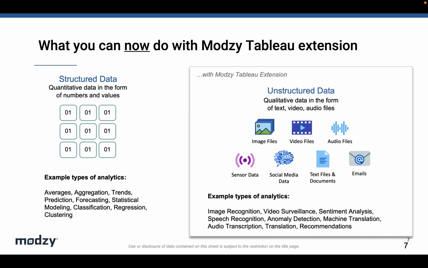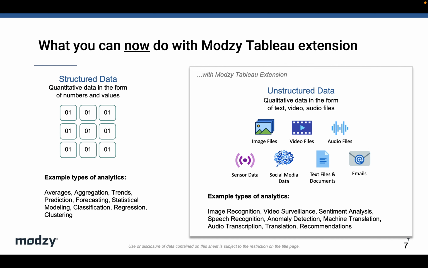But one of the weaknesses of Tableau is that it's exclusively used for structured data. So great, if you have all of your data in a nice Excel sheet, you can import that to Tableau, or a nice SQL database, you can display that in Tableau. But so much of data these days is contained within unstructured sources like image files, like video, like audio. Tableau can't really do anything at all with those. They don't have a function to import it. They don't have any native ability to look at those things. They wouldn't even know what your goal is in looking at those to begin with.